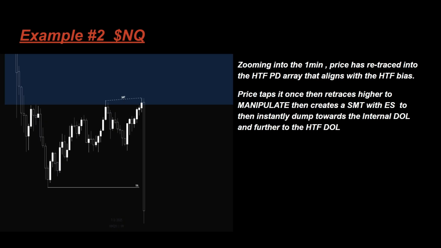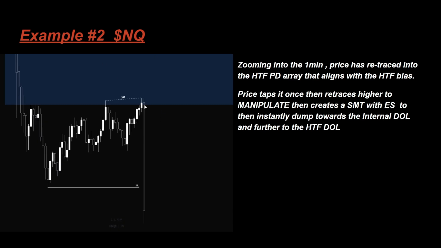price taps into the 5-minute fair value gap, and once it taps into it first right here, we then go lower, and then what do we do? We retrace back higher, and this is NQ. NQ takes the high, and what did I show you guys earlier? ES did not. So this is clearly manipulation. So we retrace higher to manipulate, and then create an SMT with ES to then instantly dump towards the internal drawn liquidity, which would be this low, and the higher time frame drawn liquidity, which was that unfilled fair